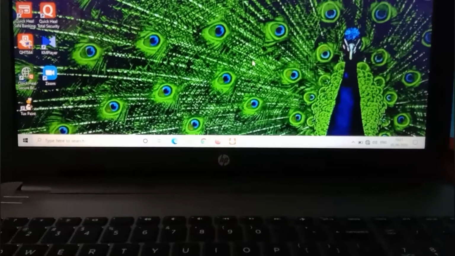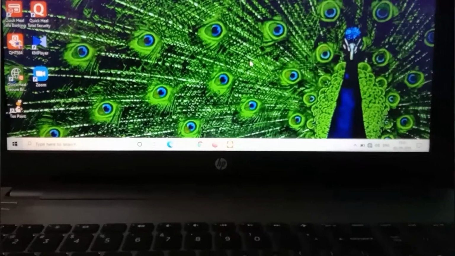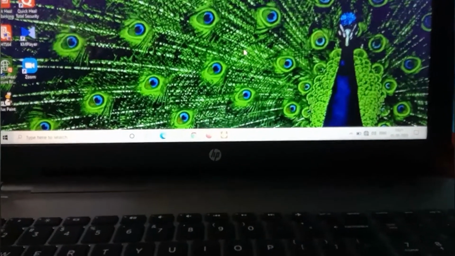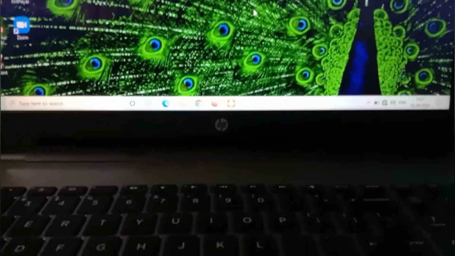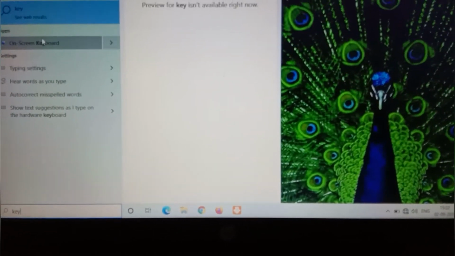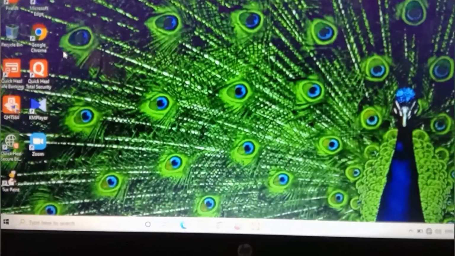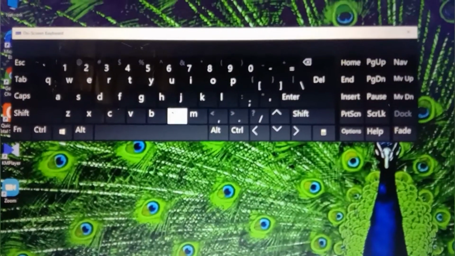So students, today we are going to learn a new chapter, more about the keyboard. All of you know that in our tablet, desktop and laptop, keyboards are present. In a desktop or a laptop you can see the physical keyboard, but on a tablet or mobile phone you can see the on-screen keyboard. Look, if I click on the on-screen keyboard, the keyboard will come like this on the desktop screen.